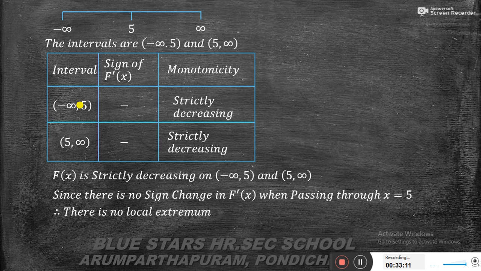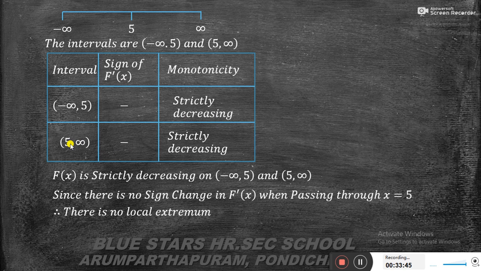Minus infinity means all the negative values lie in the interval, and the ending point is 5, so before 5 we take 4, 4.1, 4.2, 4.3, up to 4.9. Suppose I take x equal to 4 and substitute in small f dash of x. Our answer comes to minus. Minus means strictly decreasing,